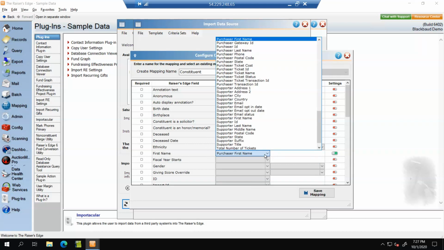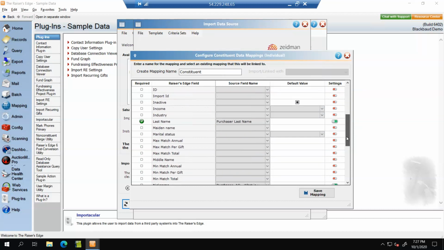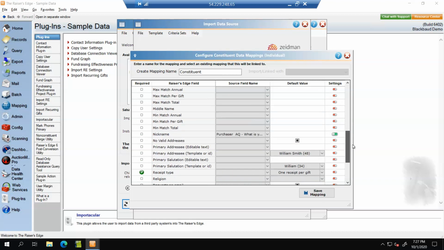You can work with a purchaser, you can work with a supporter. They may or may not be the same person, but you need to consider your data and choose the one that's appropriate for you. I am working with the purchaser for the purpose of this example. You can see that I've selected my purchaser last name, my purchaser first name. You can see that I have some default values here. I've selected a template ID of William Smith for my primary addressee and a template ID of just William